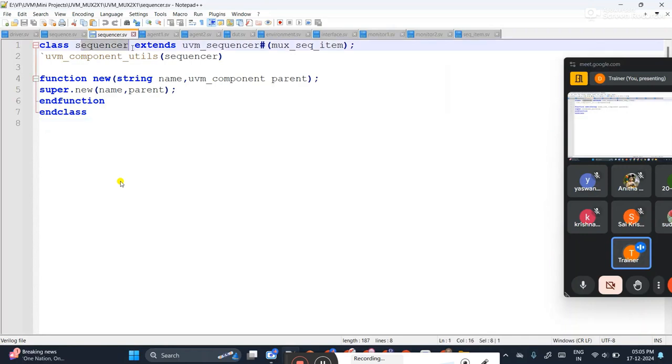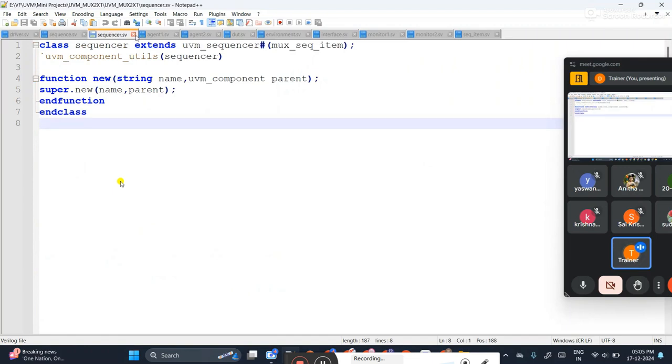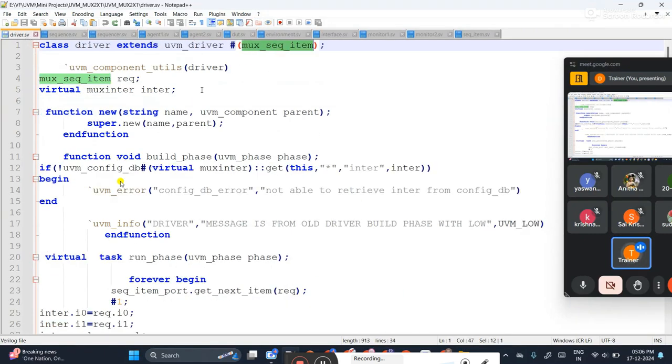That is, sequencer extends from UVM sequencer, scoreboard extends from UVM scoreboard, agent extends from UVM agent, and so on. Second point, in driver, sequence, sequencer, these three files you should write the parameterized class of the transaction or parameterized class of the sequence item. In remaining files that is not required.